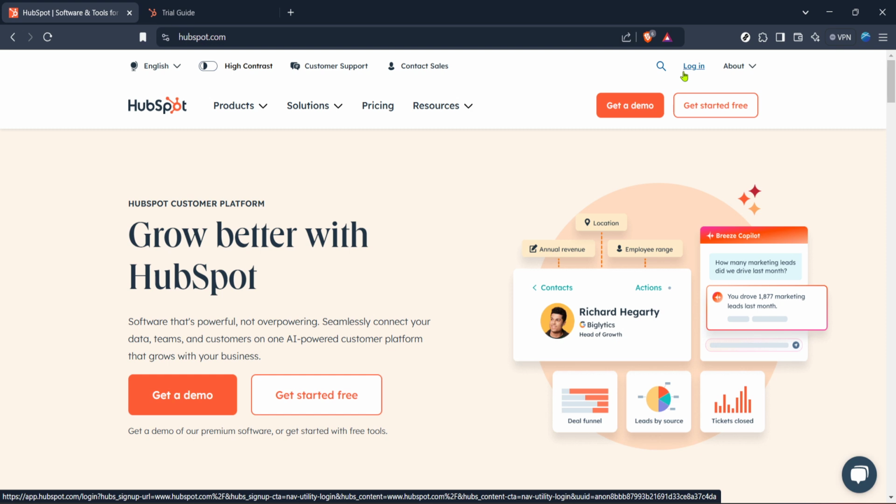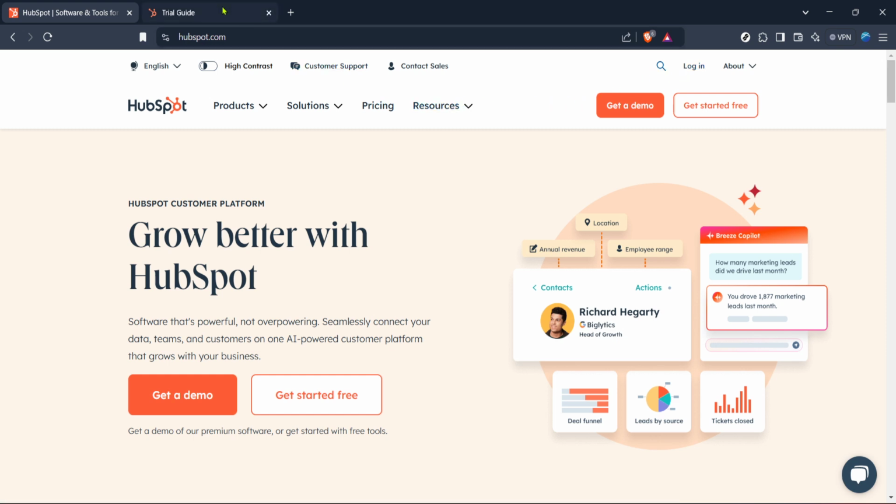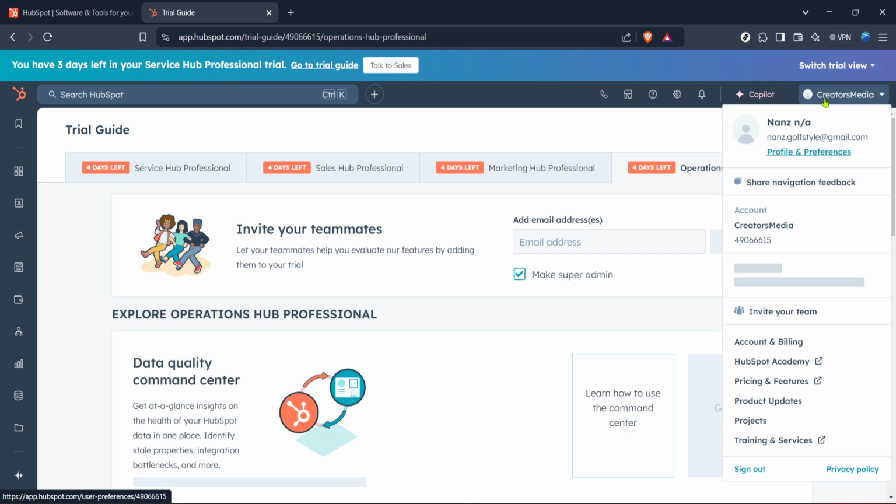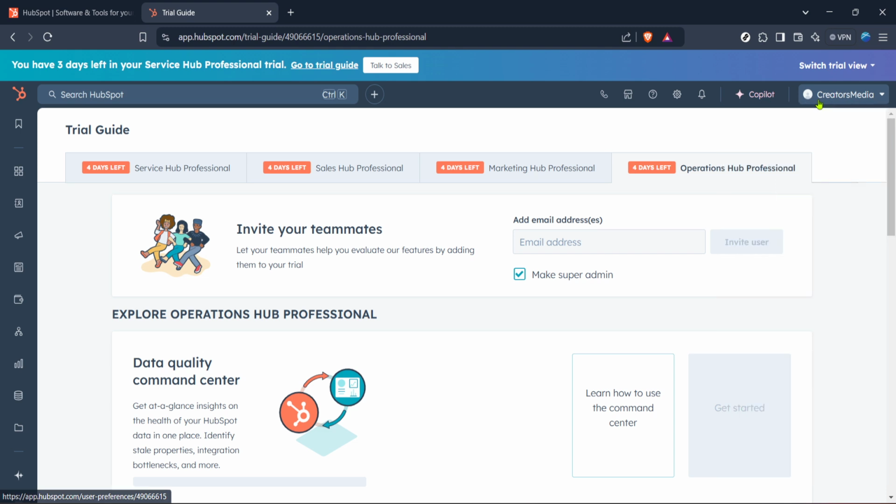After you've logged in, you'll be taken to the HubSpot home. This is essentially your dashboard where everything you need is right at your fingertips. As you get familiar with this space, you'll find it's designed with user experience in mind, making it intuitive and straightforward. From there, you'll need to access your profile, which contains all the personal settings and preferences you have for your account. This is found under your name in the upper right corner.